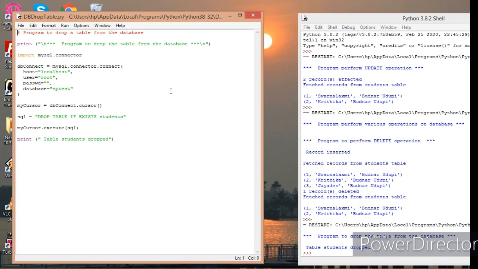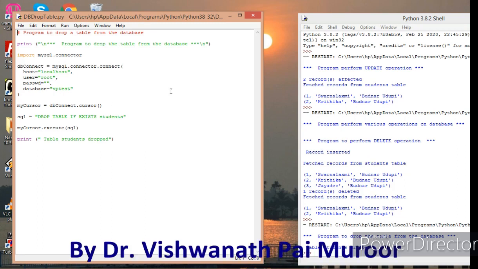So this is how you can create a database. You can create the table. You can insert different values. You can update the records. You can delete a record, or you can display the records in ascending or descending order. All this can be done. Okay, so I just had to show you a few of the examples.